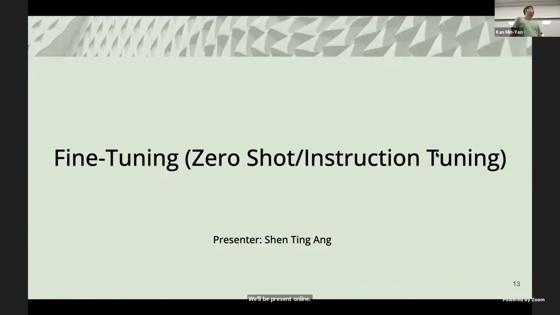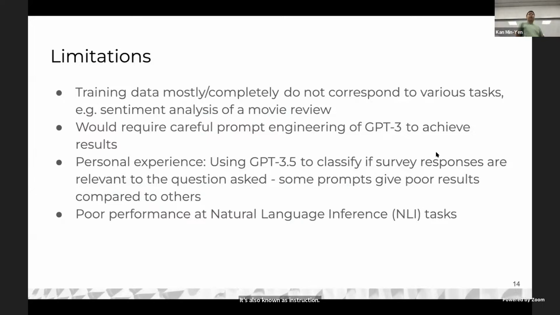Right. So for the next part, we'll be talking about fine-tuning for zero-shot learning. It's also known as instruction tuning. Okay. So I think leading on from the question that we had, is do language models do good generalization,